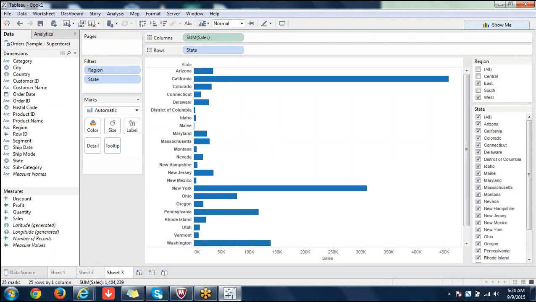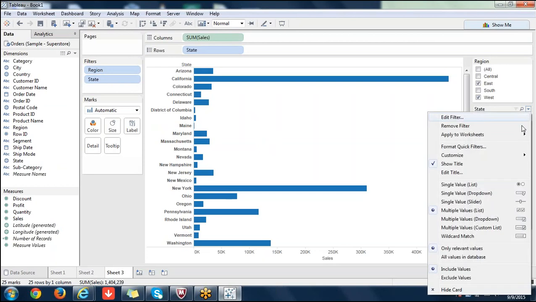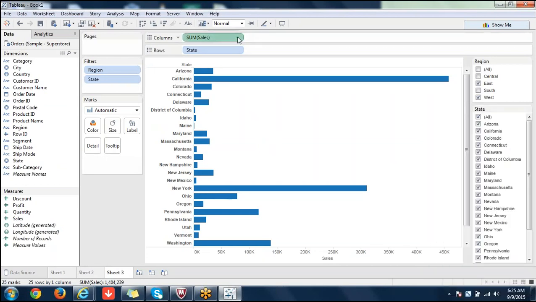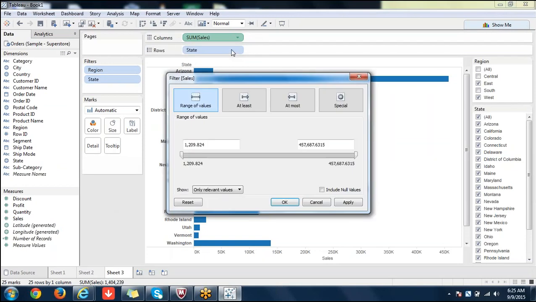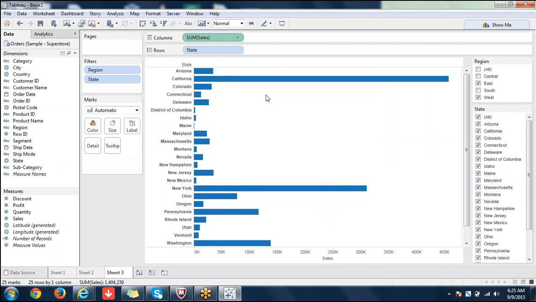Still, we have not added any region or any filter to context, and we have not selected any option here for all values in context. Only relevant values is done. Even in a measure, if you filter on it, only relevant values means that whatever values are available after applying filters will be applied to the visualization.